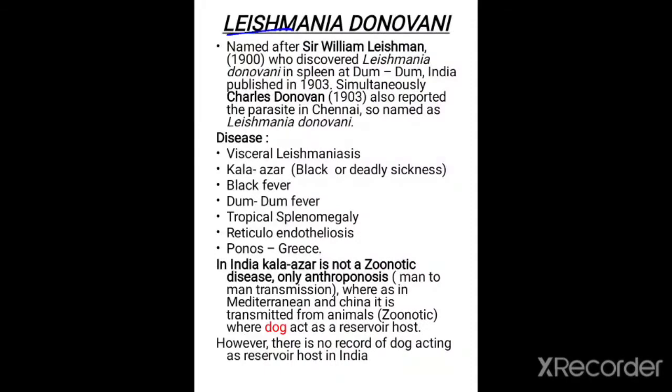This is named after Sir William Leishman, who discovered Leishmania donovani in a spleen at Dum Dum, a city in Calcutta, India, and he published it in 1903. Simultaneously, Charles Donovan in 1903 also reported the parasite in Chennai, so the species is named after these two scientists